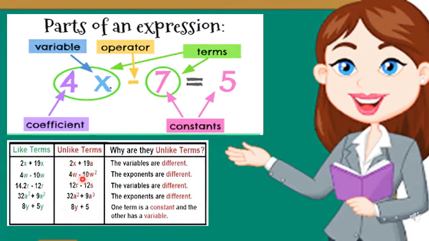You can see the example here, second one, 4w minus 10w square. Though the variables are same, variables w and w are same, the power is not same. So you can tell it as a category of unlike terms only. And here you can see 8y plus 5. We don't have y term here, so 5 is a constant. So 8y and 5 together we can tell it as unlike terms. So unlike terms can have different variables with different powers, or same variables with different powers, or same powers with different variables. So all these are categorized under unlike terms. Hope you all understood what are like terms and unlike terms.